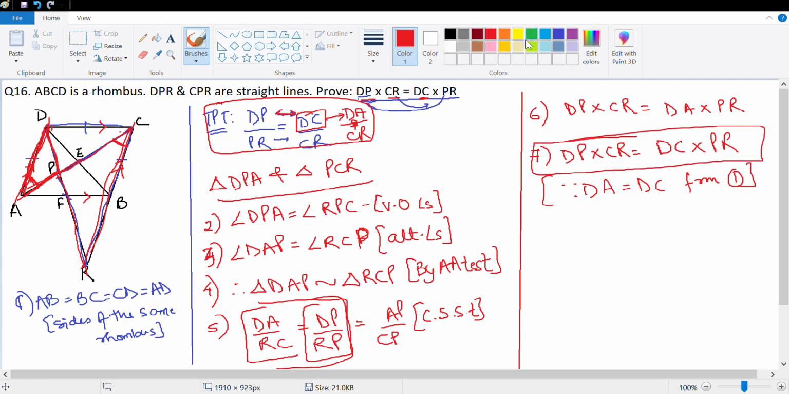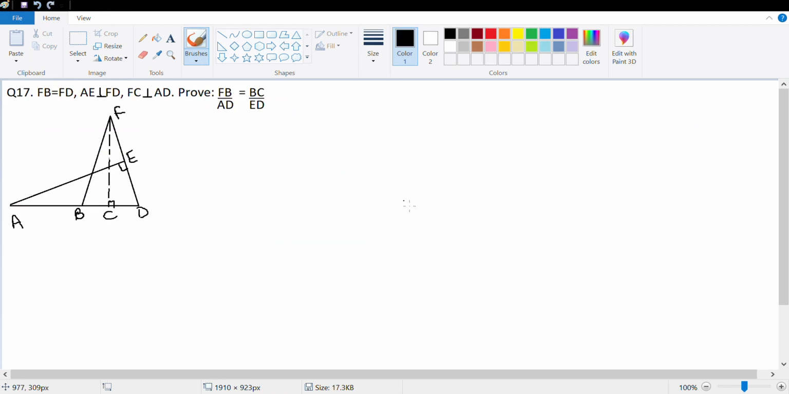Very interesting question. The trick is to identify first which triangle, and then you realize that this is an adjacent triangle, so proving them similar may be very difficult. Let's look at a vertically opposite triangle. Good, let's look at the next question. The next question that we do is question number 17. Question 17 says